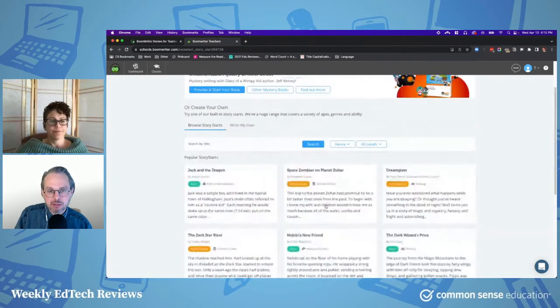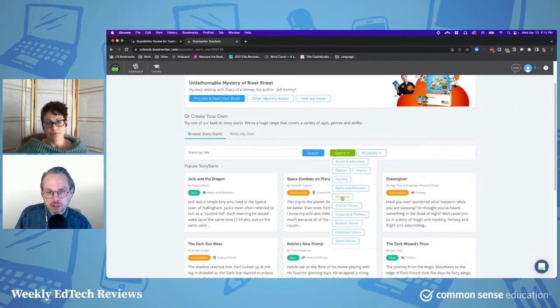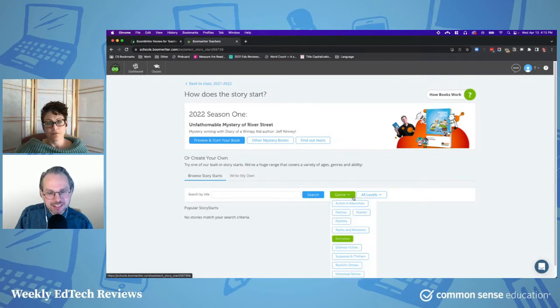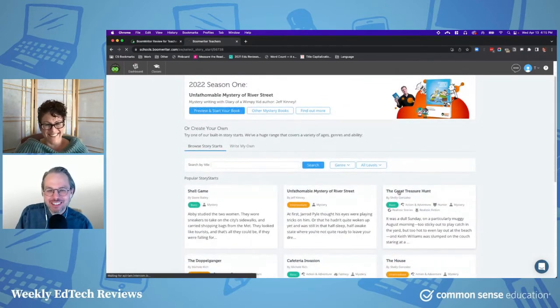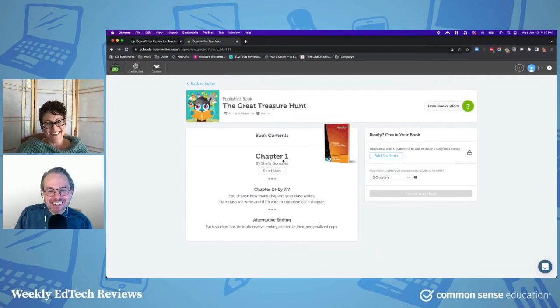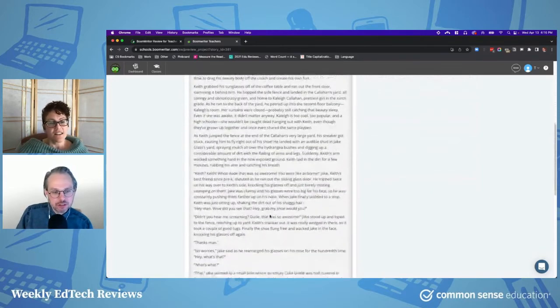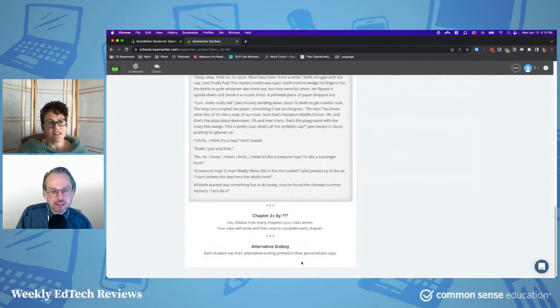You'll see here, they have a library of story starts, grouped by these various levels or genres. Interesting. There's no romance. I just clicked on that one because I'm like, romance. But so, they have these story starts. You can see here, this is what a story start looks like. And students are meant to read through this, and then they contribute their chapter that